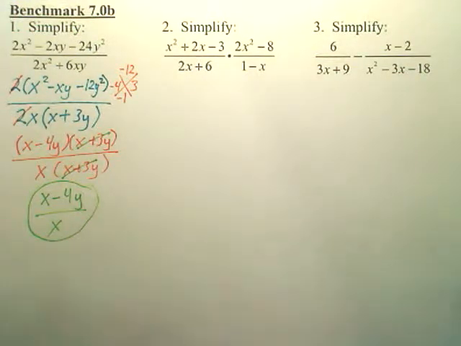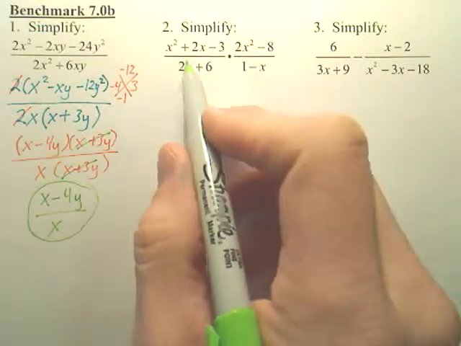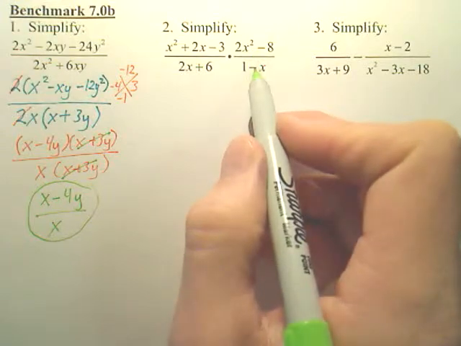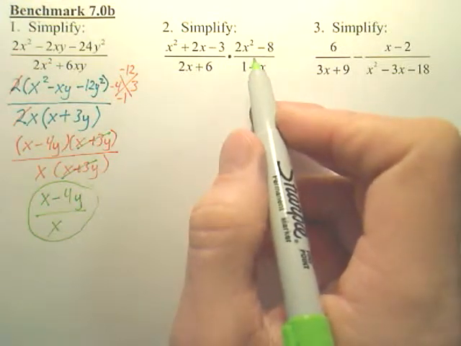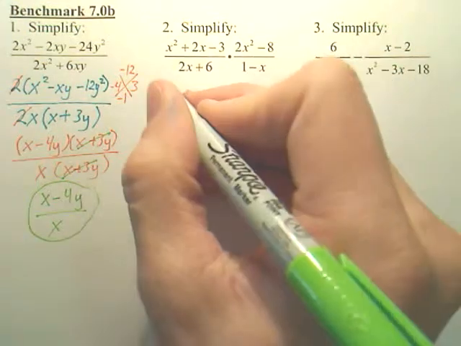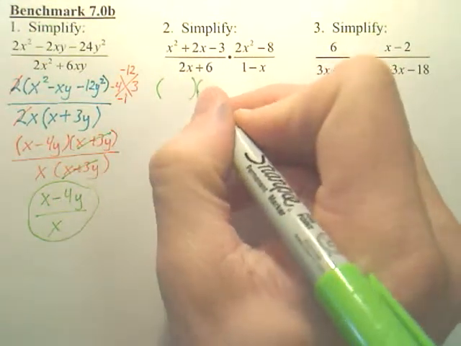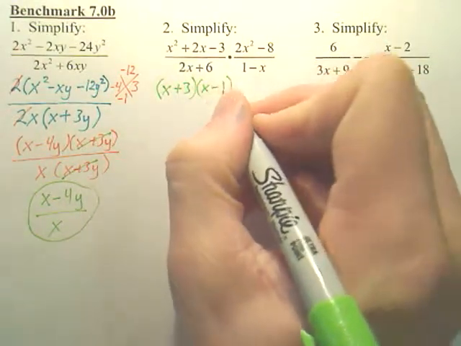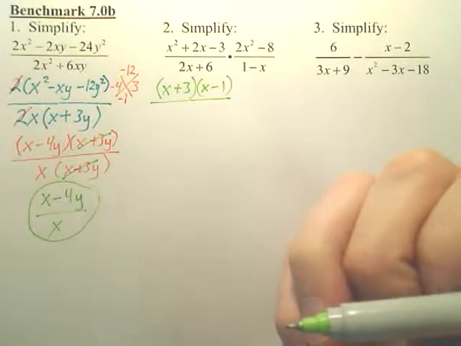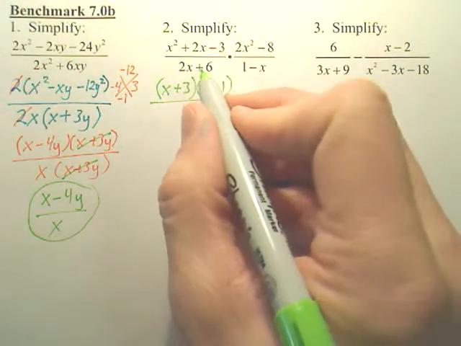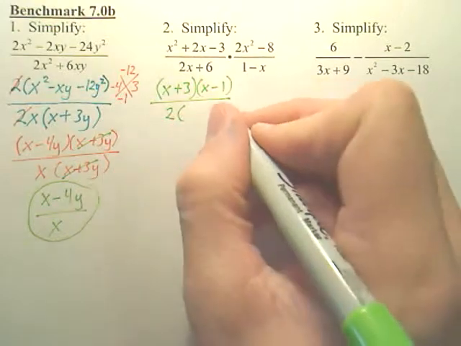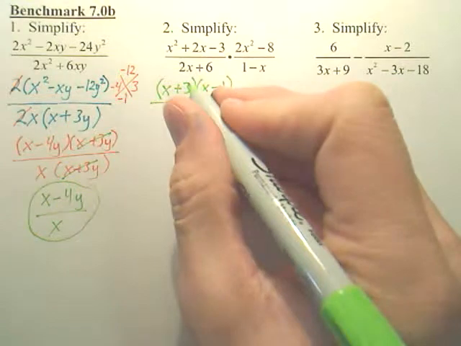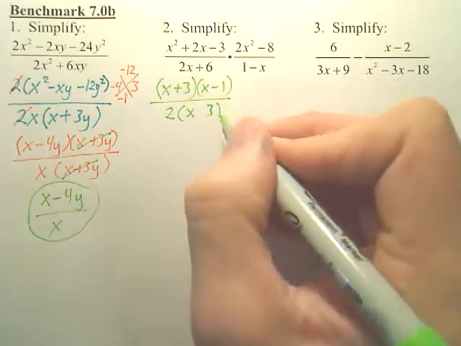Number 2. If I want to do number 2, we want to factor each piece. And since this is multiply, do we flip the second one? No. Now if this was divide, you flip the second one. So we factor the top here. When we factor that, we're going to get x plus 3, x minus 1. When you factor the bottom here, looks like we have a 2 that comes out. When you pull out a 2, 2 times x gives you 2x, and 2 times 3 gives you 6,